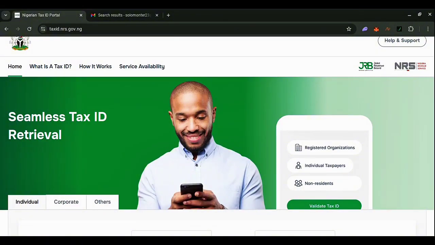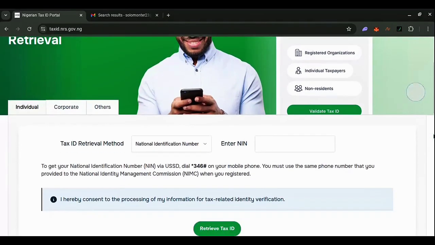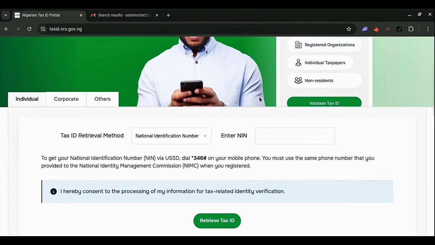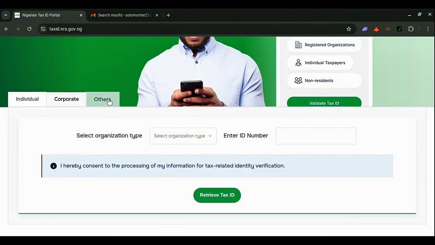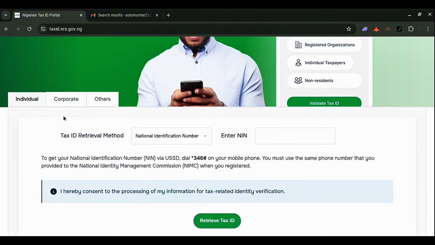All right, so what you need to do is scroll down, and then you can see you have for individual, you have for corporate, you have for others. So for individual, let's say I want to get for myself, and you also have this code right here. If you don't know your NIN, you can dial this code *346# on your mobile phone. You get your NIN, right? So this, we are using